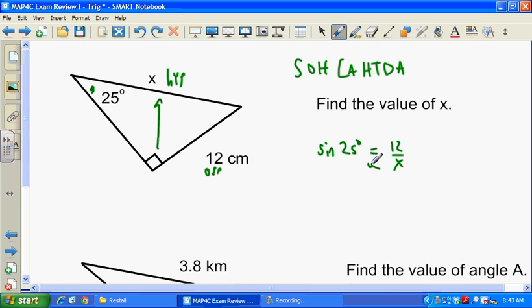How do I do that? I cross multiply, and then divide. 12 divided by the sine of 25. And you jam that into a calculator, and you should get around